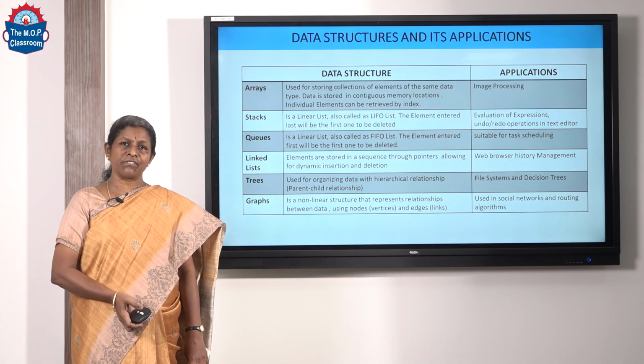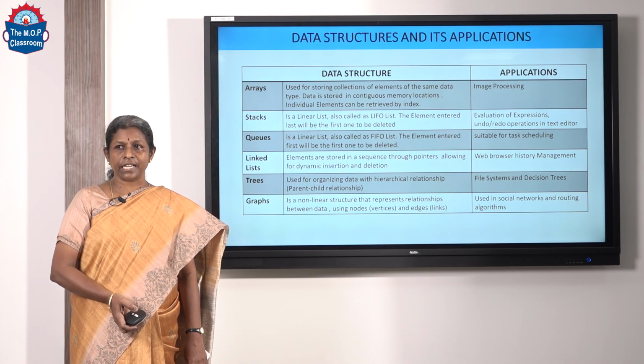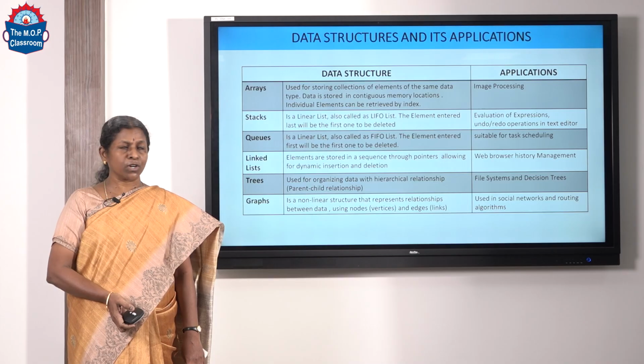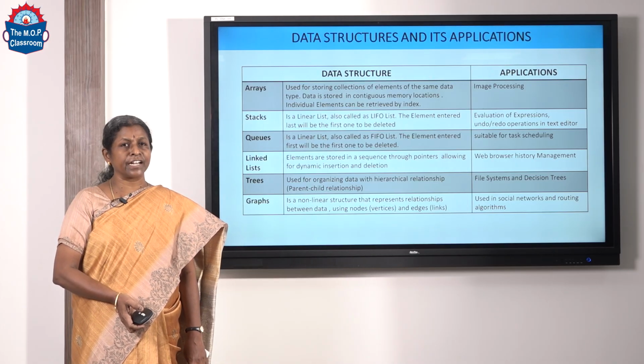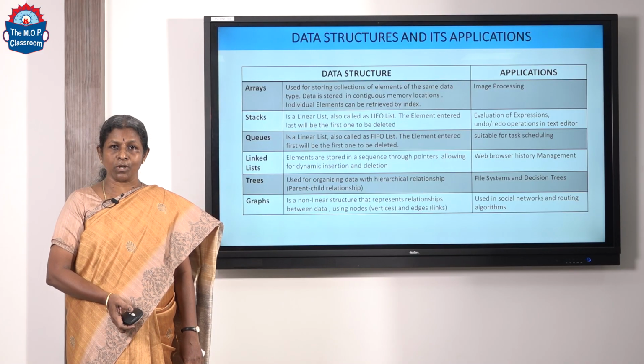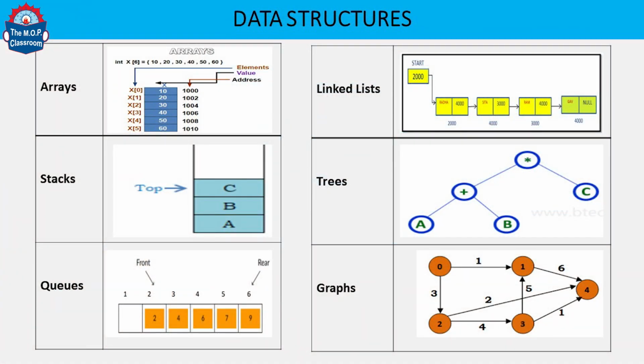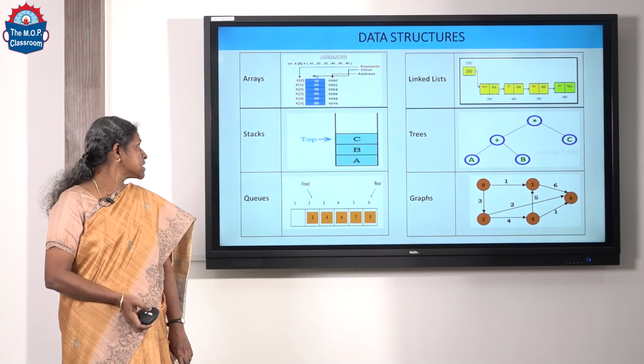The difference between graph and tree is, in a tree you will not have a cycle, whereas in a graph you can have a cycle. One of the most important applications of graph is social networking and routing algorithms, which are used by Google Maps. So, here the pictorial representation of all the data structures has been given: array, linked list, stack,